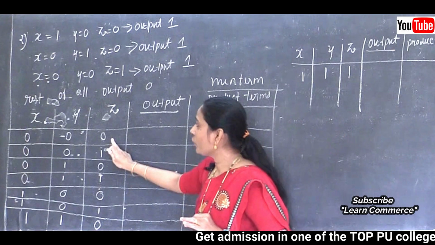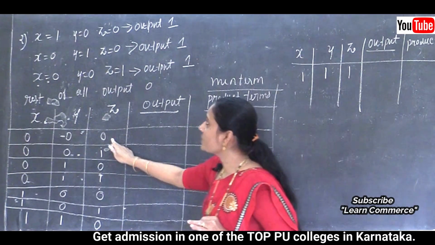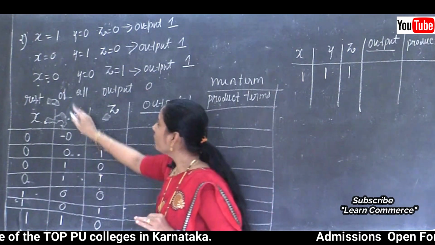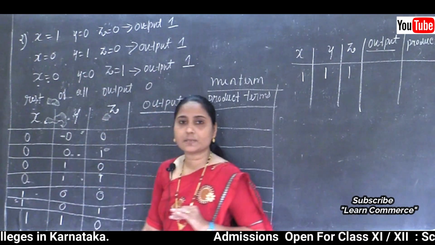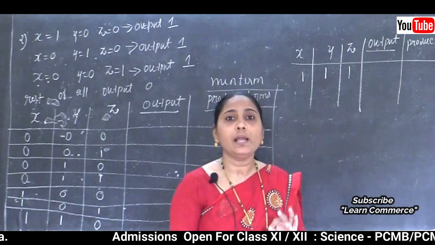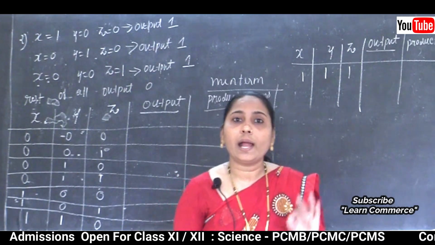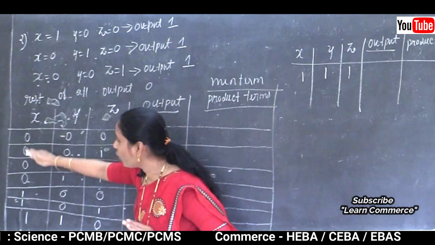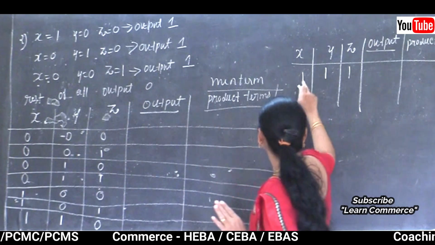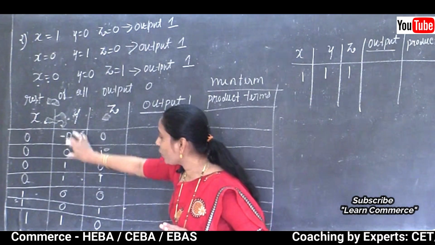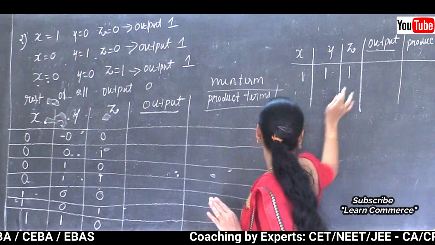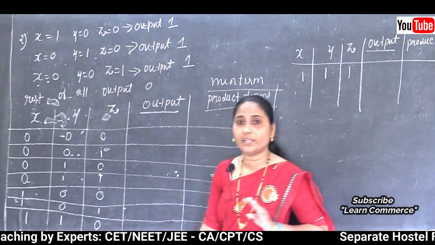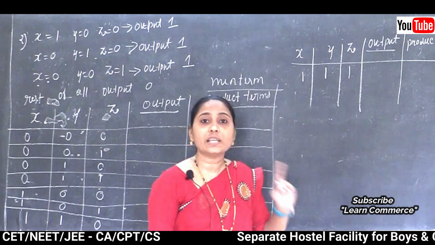Now I am going to complete the table using the columns x, y, z, all called the input values. Three variables are there, so we need to take the octal table. In the first column 4041, in the second column 2021, and in the next column 0101, like that we need to fill up the columns from 0 to 7.